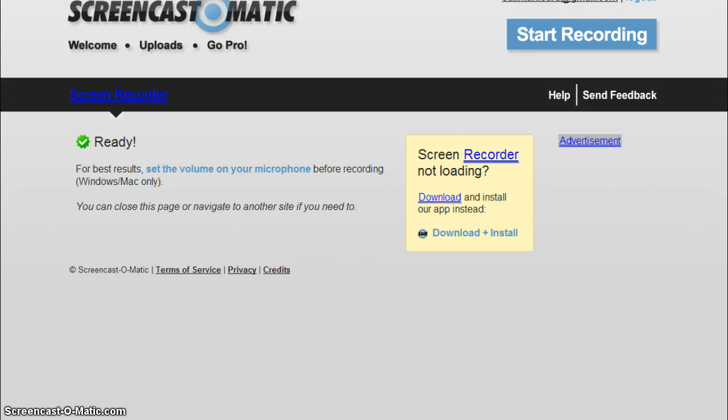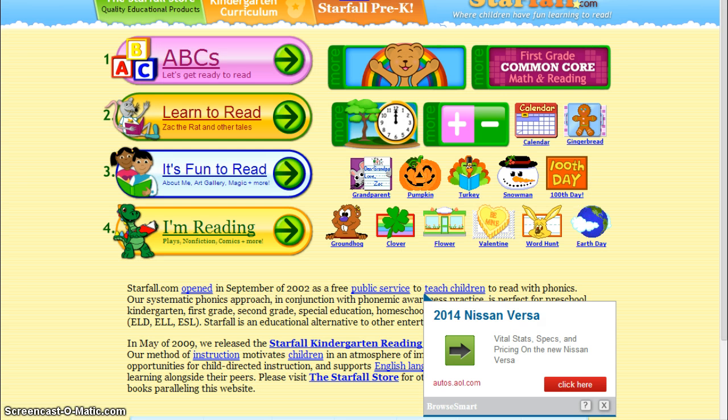I'm going to be doing a screencast today with you, or call it an app slam or an Eduslam, whatever you will have. I'm going to be doing it today on Starfall, and I was using lovely Screen-O-Matic to get this done. Starfall is an app that I use in my classroom for when I want to work on reading